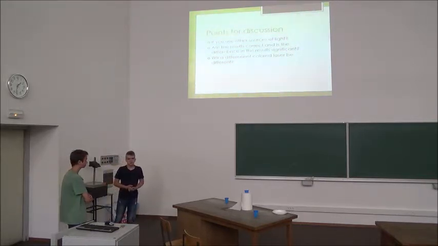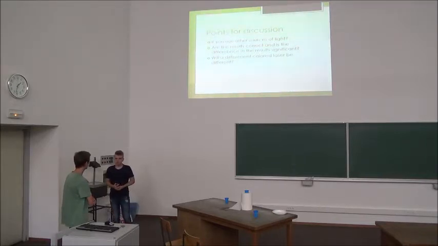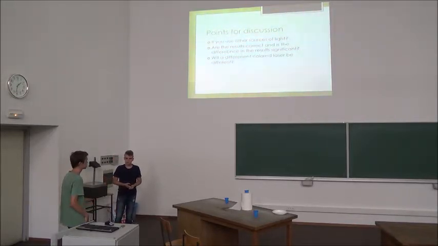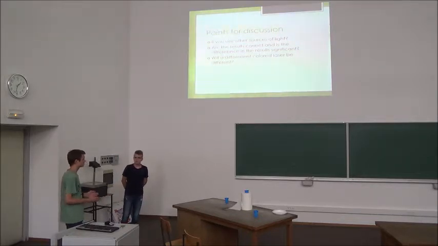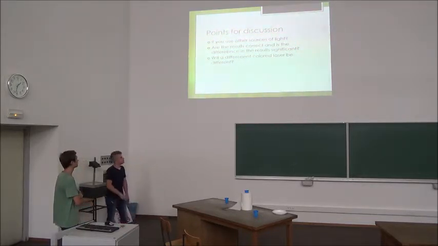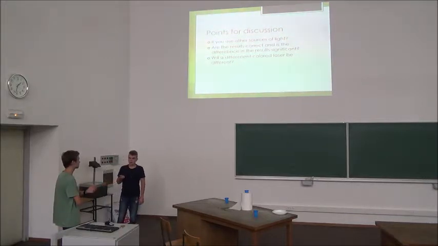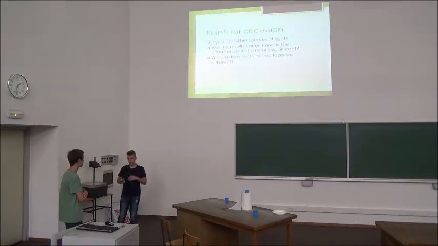If you use other sources of light, would the result change? Well, it depends. So it's important that the source of the light is a laser because the laser is coherent light, which means it's a single wavelength and all the waves are in phase. And if we, for example, use just a normal light bulb, it emits many different wavelengths and the waves are out of phase, so we wouldn't get a clear interference pattern. Okay. If we use a different laser, the results will change, but then we just have to plug in a different wavelength. You mean if we use polychromatic light, the result in terms won't be the same?